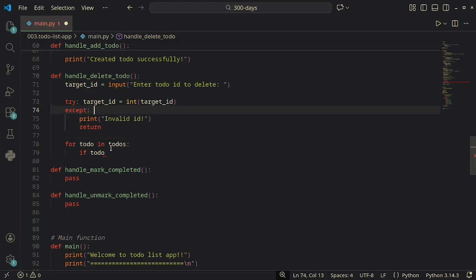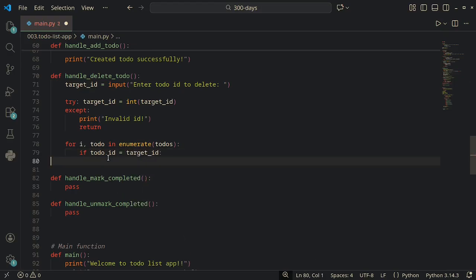So that's why I have to use an enumerate function and grab the current index of the current to-do that I'm working with. So if to-do.id equals target ID, I wanna say